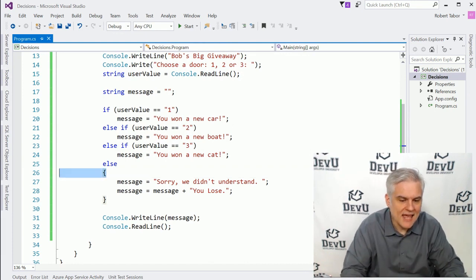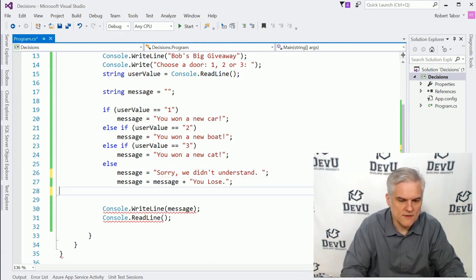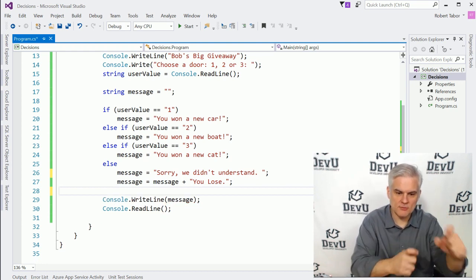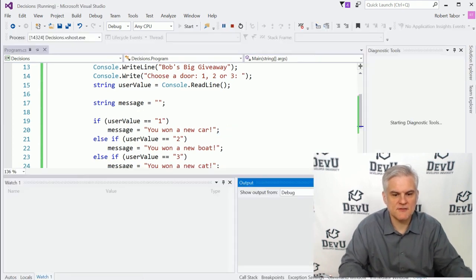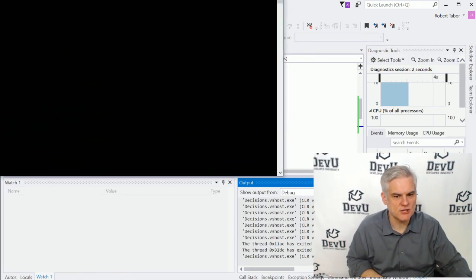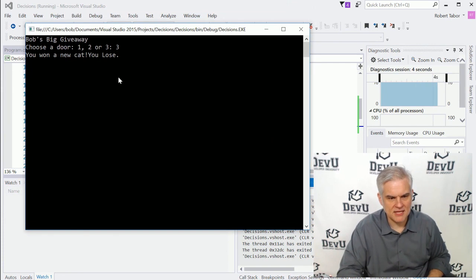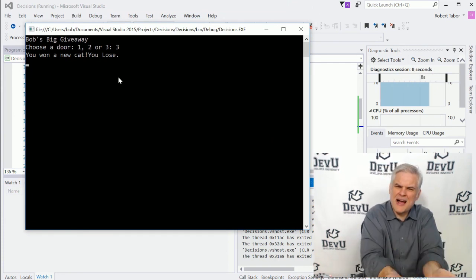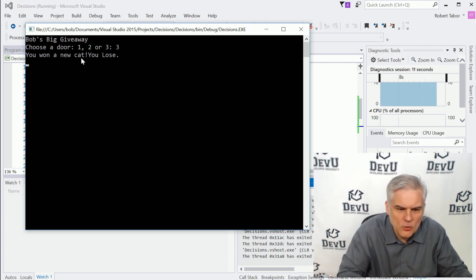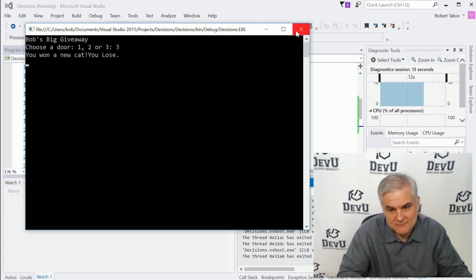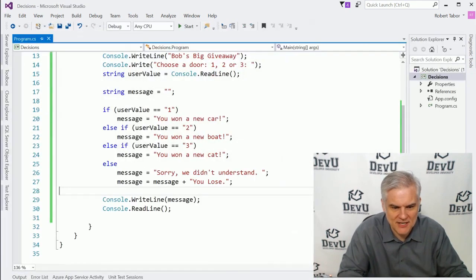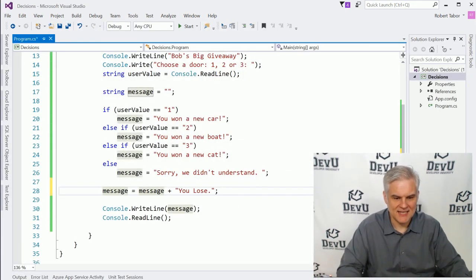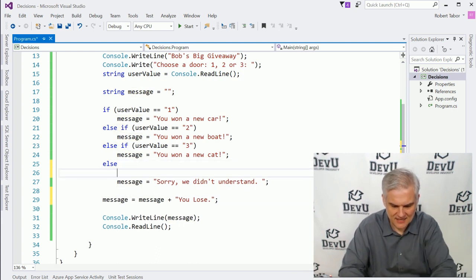But if I were to attempt to remove the opening and closing curly braces there, we're going to get a very different result when we run our application. So for example, if I hit 3, notice that you won a new cat, you lose. Wait, what? How? Why did that happen? You won a new cat, but you lose. Well, there is no such thing as a free cat, but at any rate, it's because what it's really seeing is this,